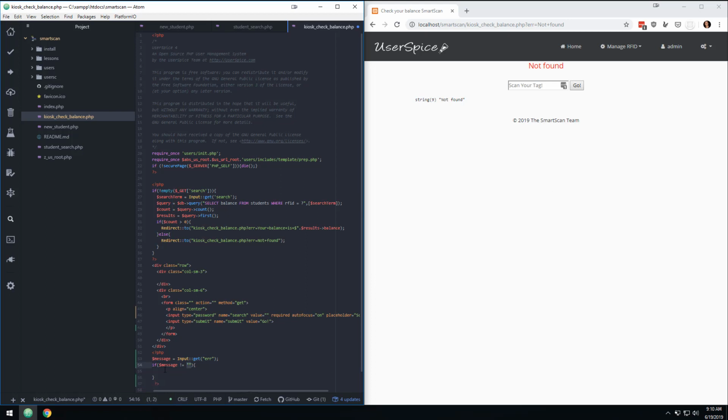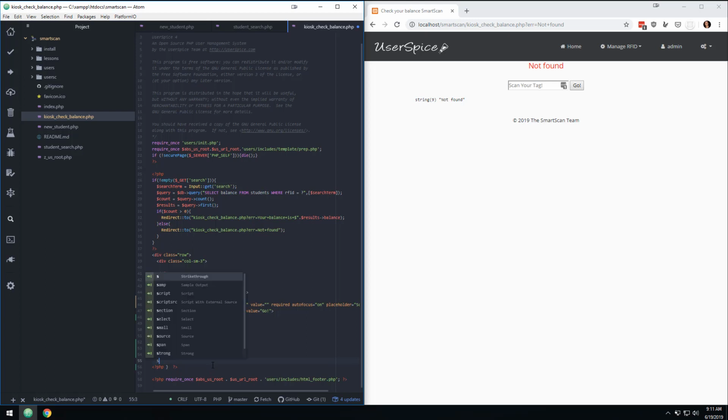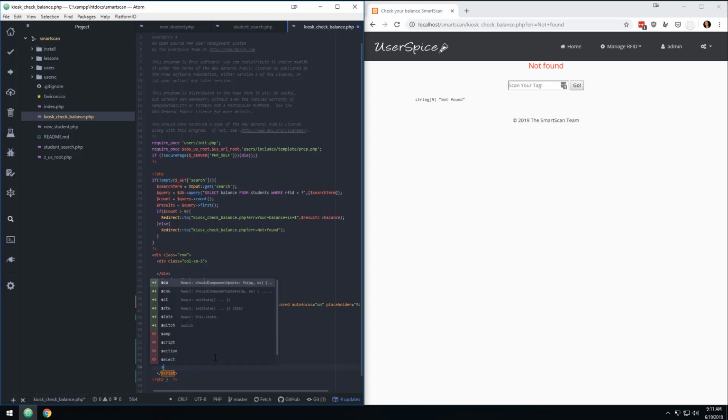So what we're going to do, we're going to close these PHP tags and we're going to write a little bit of JavaScript. We're going to write the simplest JavaScript that we can write, pretty much. So we're going to type the word script and hit tab, and you'll see that it'll automatically open up a set of JavaScript tags. So we're going to write one line of JavaScript, and we're going to write set timeout, okay, and then we're going to say in double quotes location dot href